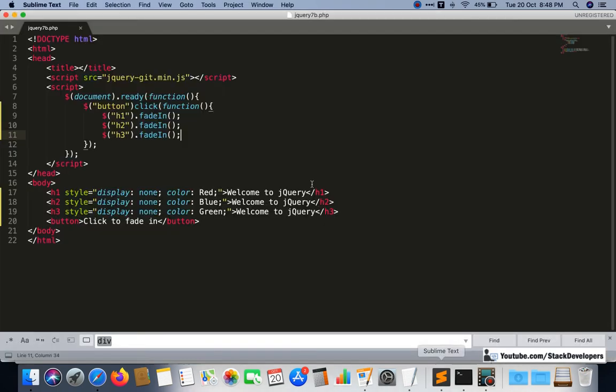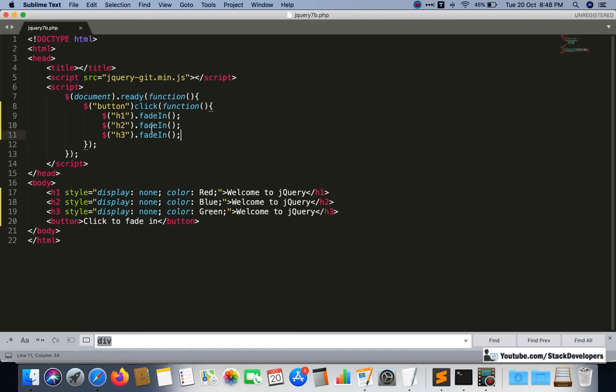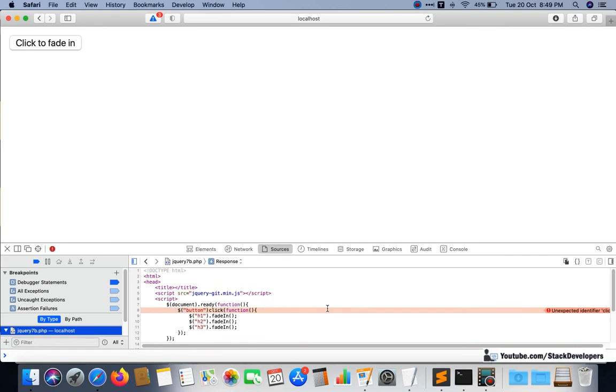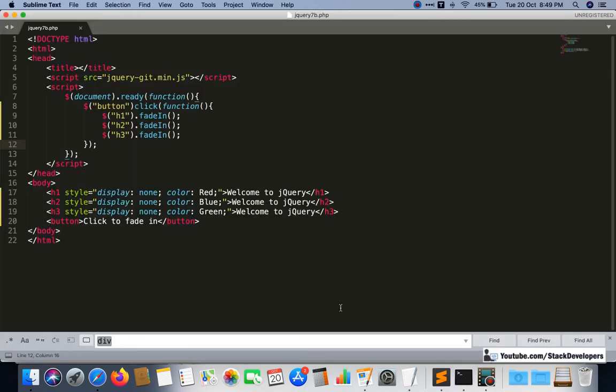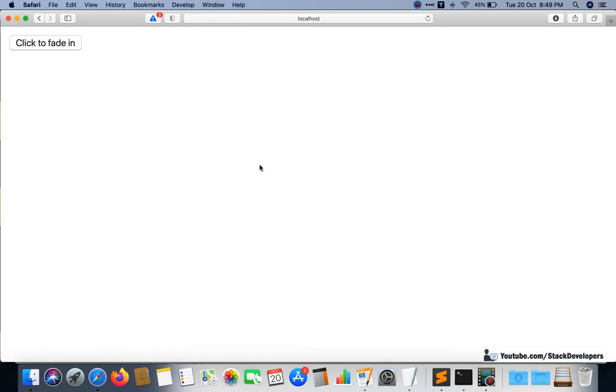These both are optional if you want to give. First of all, I will show you like this only, whether it will work or not. So let's try. See, I just refreshed here, and an unexpected error has come up. Let me see which error it is. I am going to clear everything and refresh once again, and here you can see the click function. The error is here, I forgot to add a dot. Now it is fine.